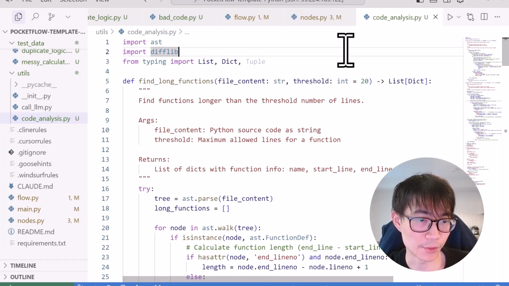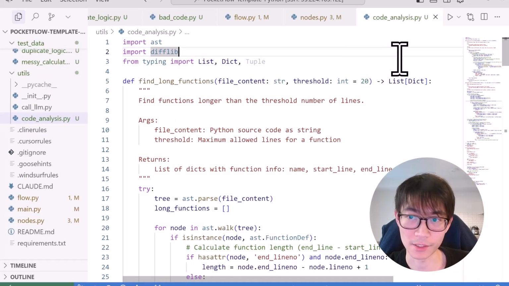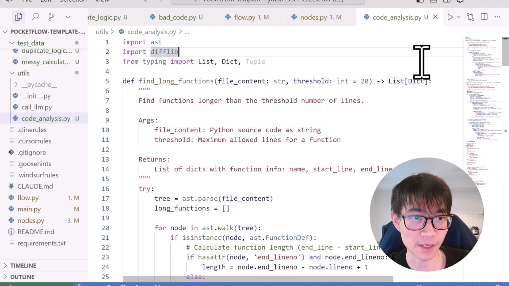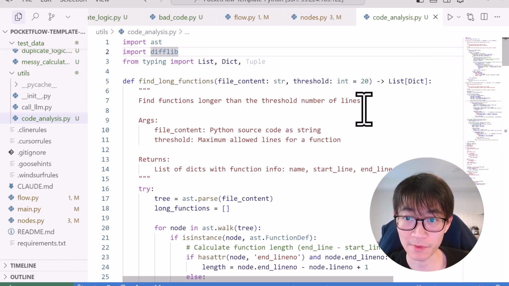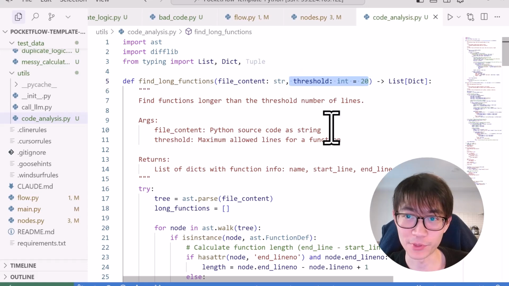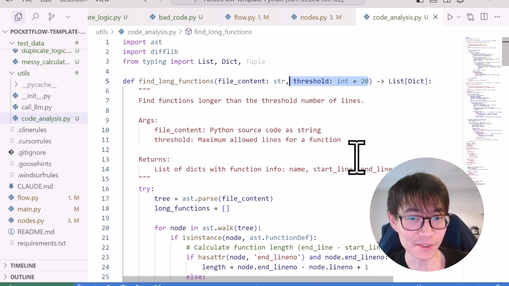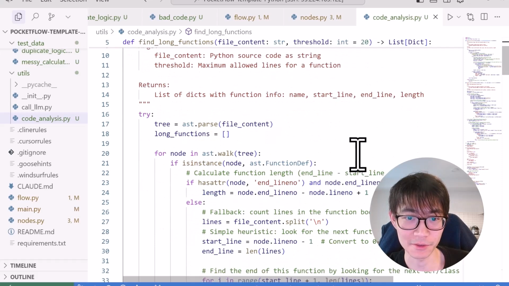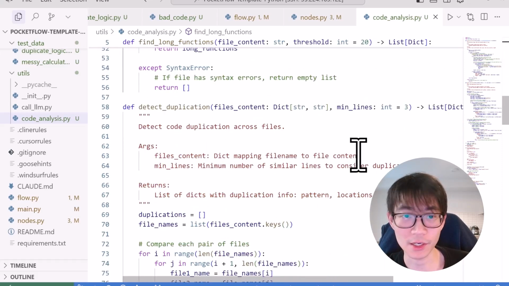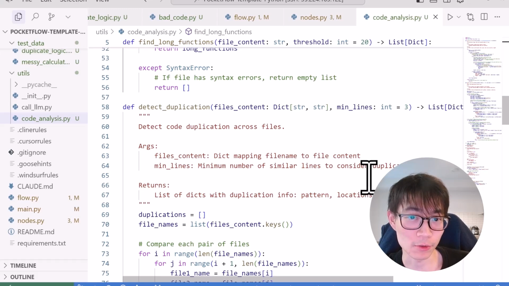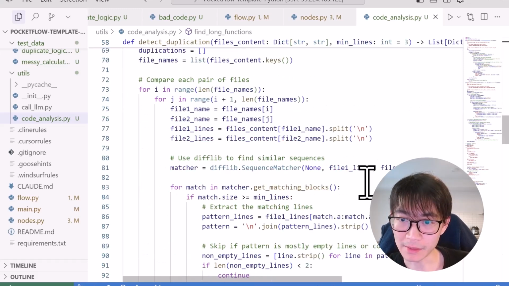Next, it creates this utility function that analyzes your code. It can help you find long functions that are longer than the threshold number of lines. I think 20 is a pretty strict threshold. A lot of good functions are above 20. So anyway, then we have a function called duplication detection that is trying to detect code duplication by, I think,